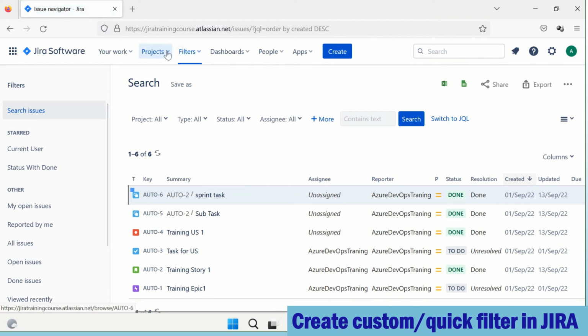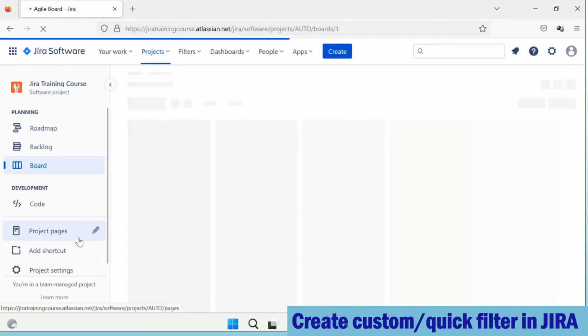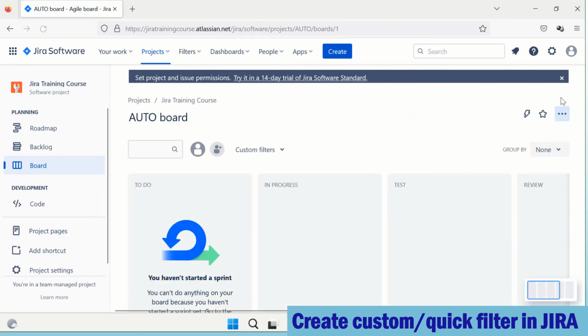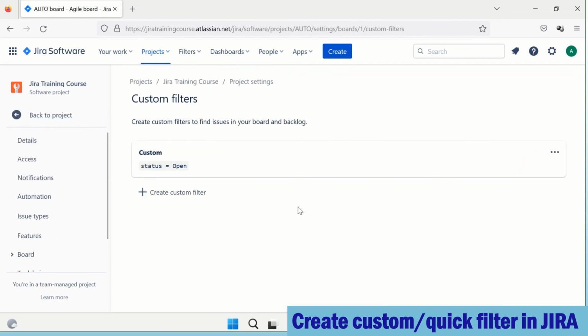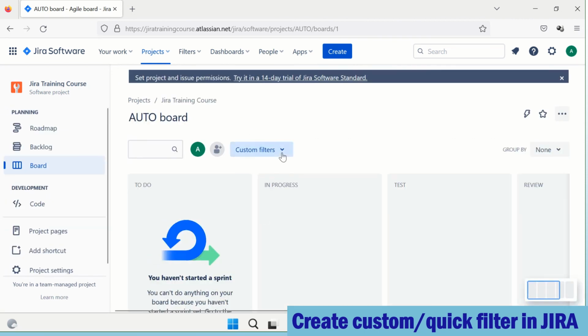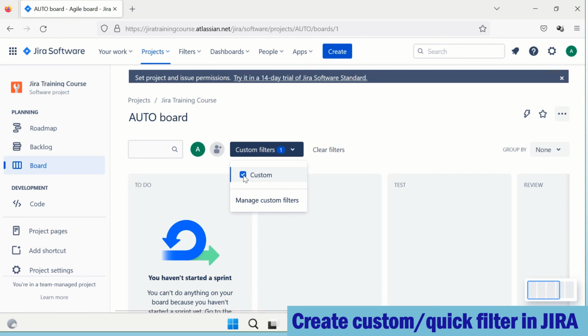But when you go to the project and then manage filter, yeah. So now if you go back to the project, right, you can see this is the custom filter. So when you click on custom,